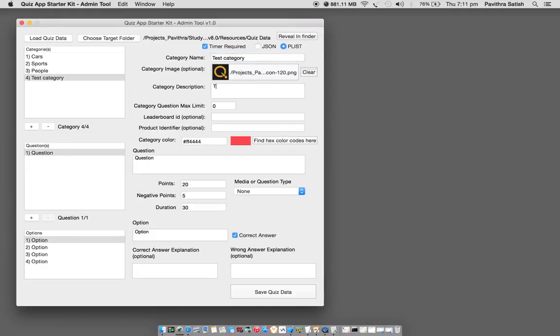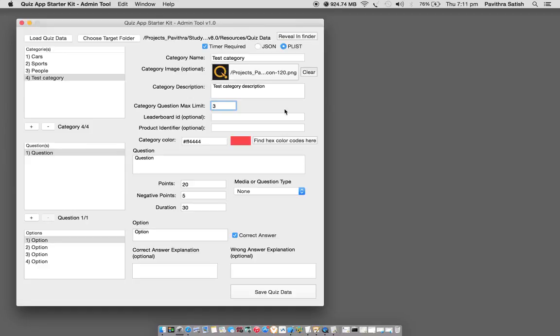Category description, test category description. And this is the category question max limit. For this category you may add hundreds or thousands of questions, but every play should have some limit. So I'm going to set it to 3, so that every time I play it should get 3 questions,